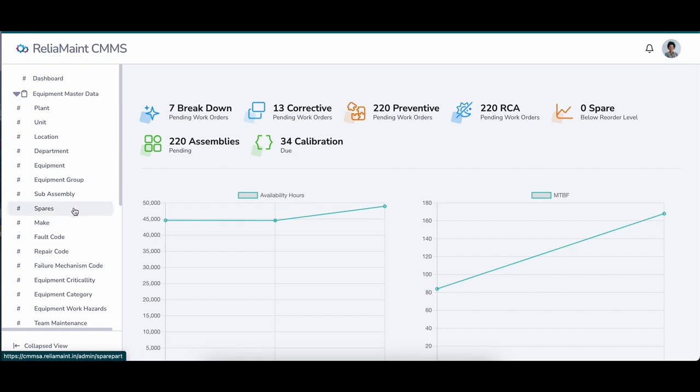Next are the spares. Spare parts are a store entity. These are the parts which are fundamentally fitted on a machine. All transactions, issue, accounting, and reporting we can take care of in this spare module.